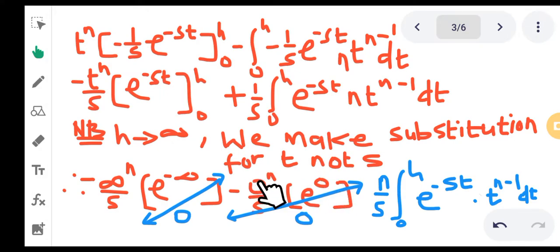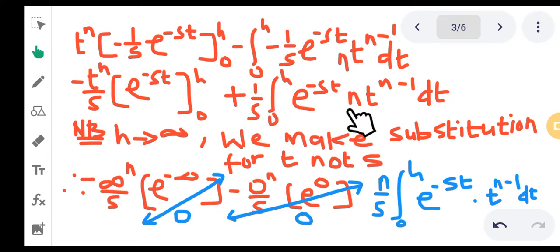But since 0 over s, or 0 over any number, is 0, the whole of this expression will turn to 0. And for the other part, we know that e exponent minus infinity is 1 over infinity, and 1 over infinity is 0. So the whole of this part will be 0 multiplying the other part, which yields 0. So we are going to be left with